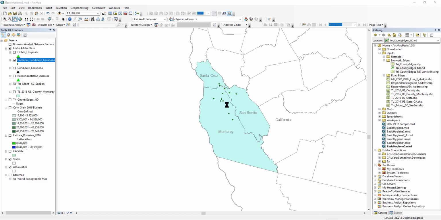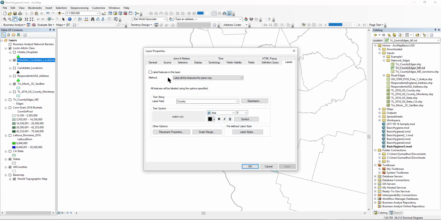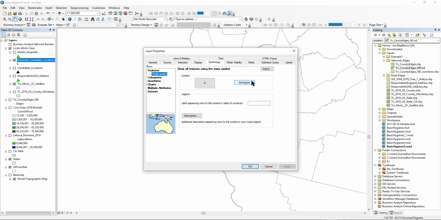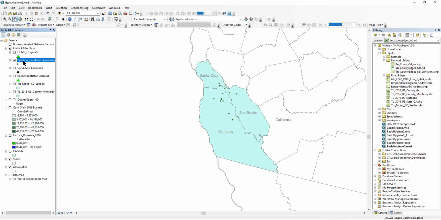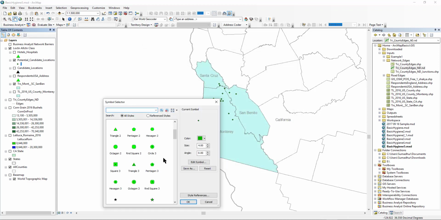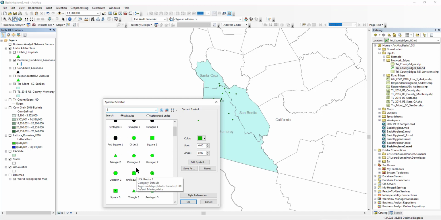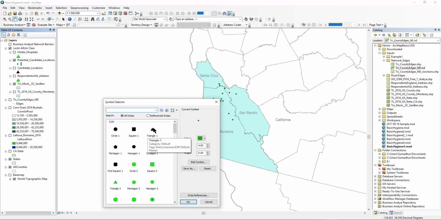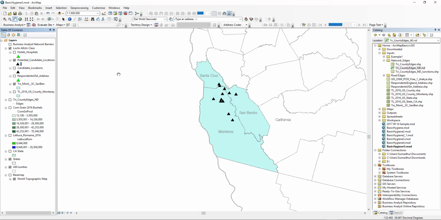Okay, so I'm going to make them a little different so then it's easier to see. And so I'll go to symbology, or oops, there's an easy way to get there. I just want to double click this point that is being used as symbol, and I'm going to use, let's say, anything for now. Let me choose something a little easier to distinguish. I'm going to go back to the black triangles again. Okay, now